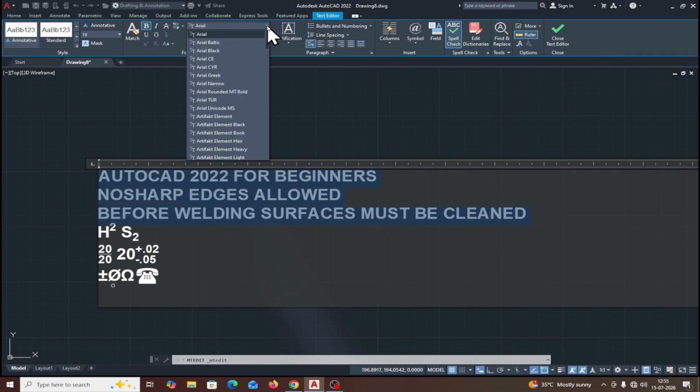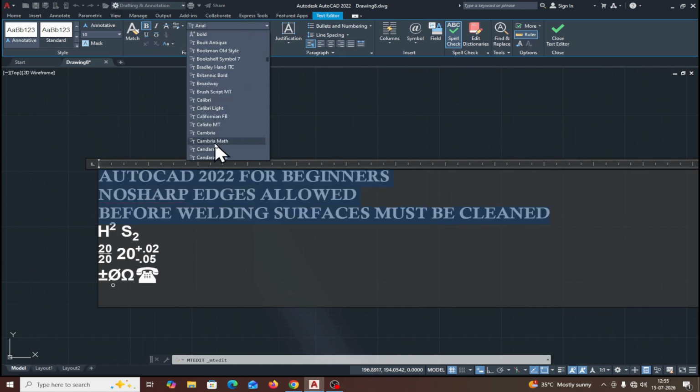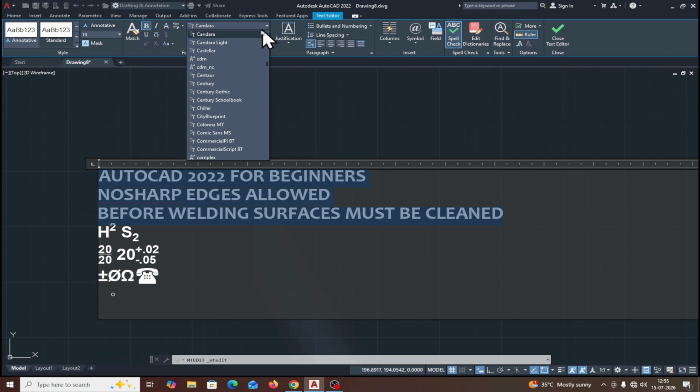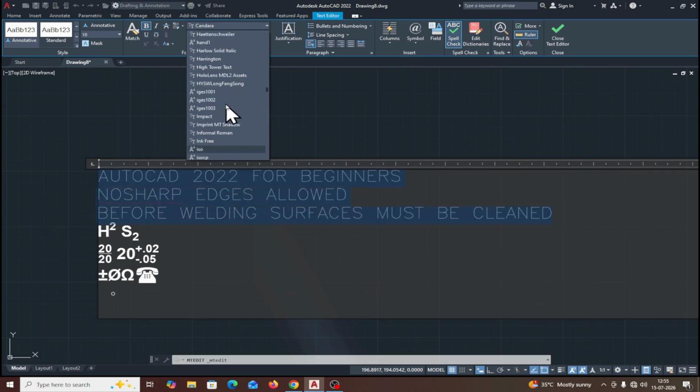You can change the font here. Suppose I change the font to Cambria, you will find this one. Now this text changes. Again you first select the text. Now suppose I select the text ISO